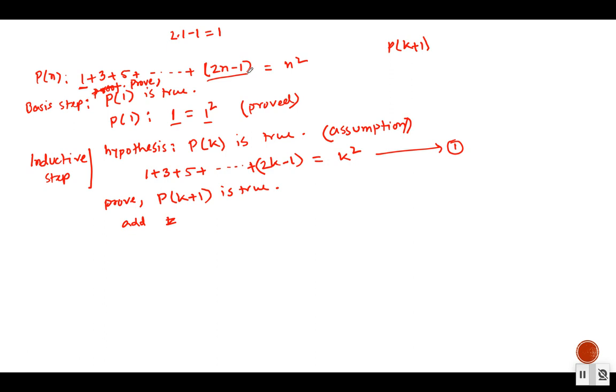Okay, and what is going to be this value? So first we have to find it like that: twice (k+1), minus 1, and this will be twice k plus 2 minus 1. This will actually be twice k plus 1. And here you can see that if twice k minus 1 is your odd integer, the next odd integer will be, you are going to add 2 with that, right? So that will be twice k plus 1. So adding twice k plus 1 on both sides